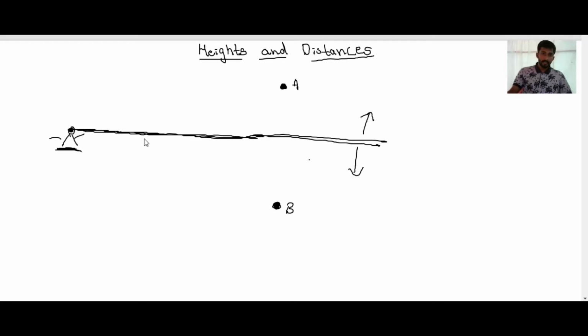Then see, suppose the person is looking at object A. Here I'll draw a line. Another case is, suppose the same person is looking at object B. At a time, A and B together is not possible, right? Suppose first the person is looking at object A. In the first case, the person is looking upwards. You can see here the horizontal line, and the object is above the line. Then in the second case, the person is looking downwards.